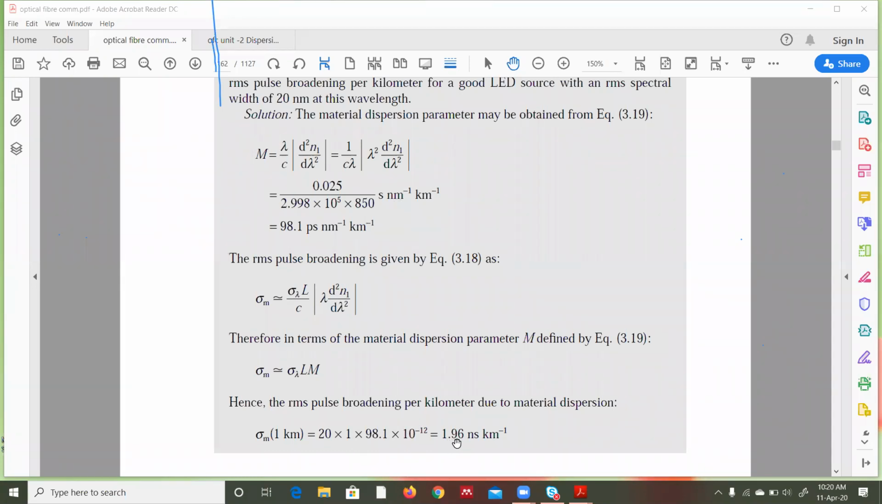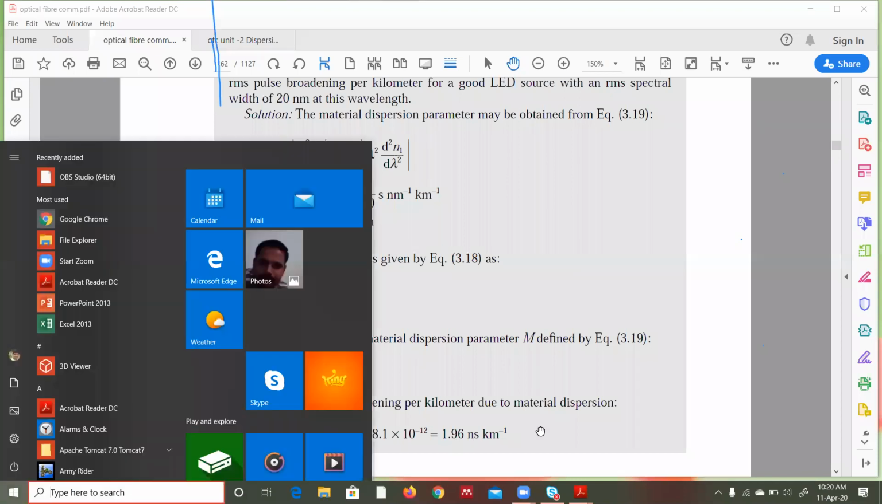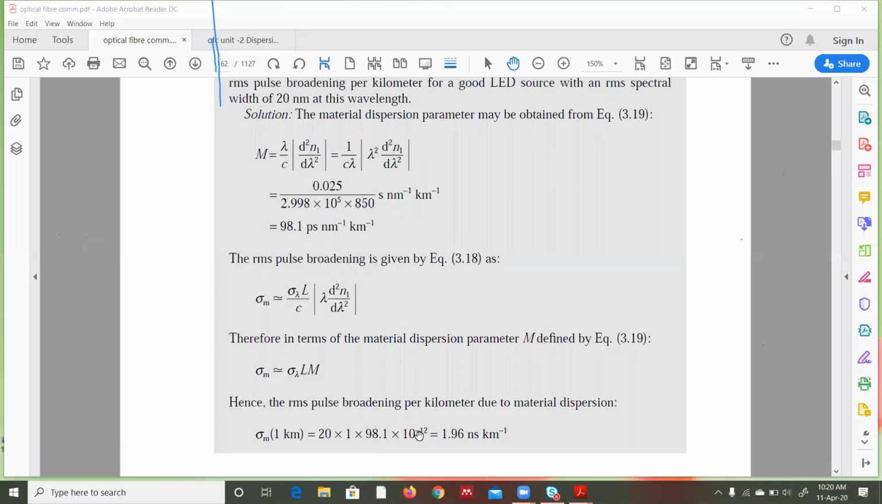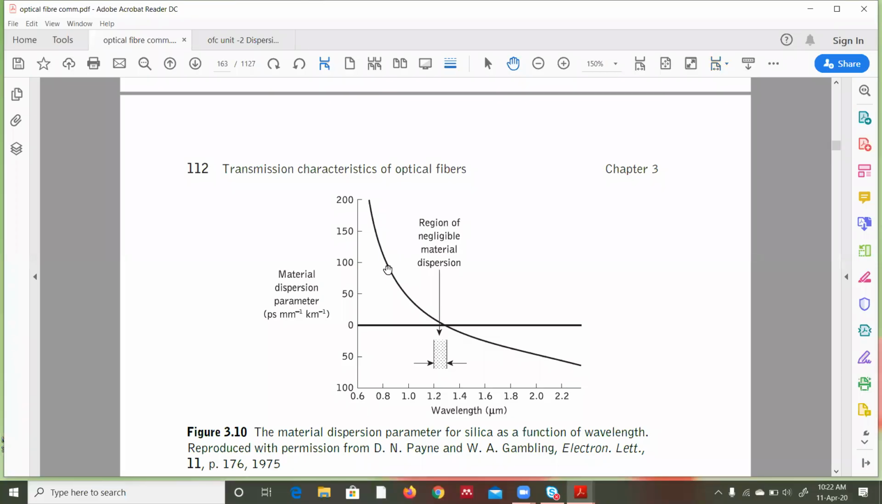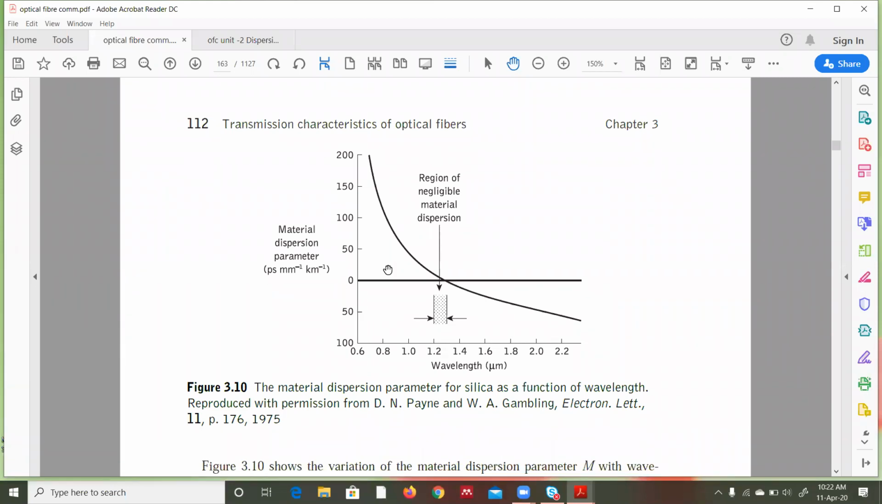Okay, so RMS pulse broadening for material dispersion parameter is given by 1.96 nanoseconds per kilometer. Okay, so this is the RMS pulse broadening due to material dispersion. So looking into this plot of material dispersion parameter,